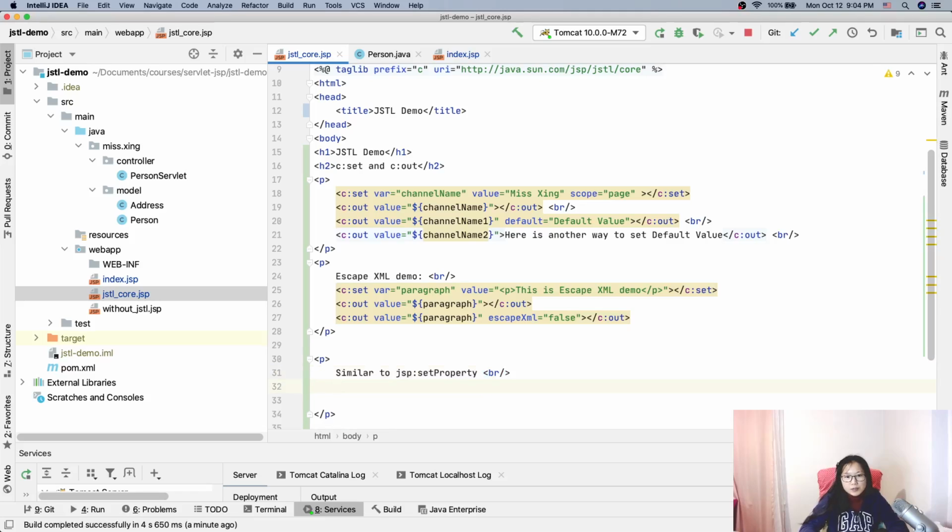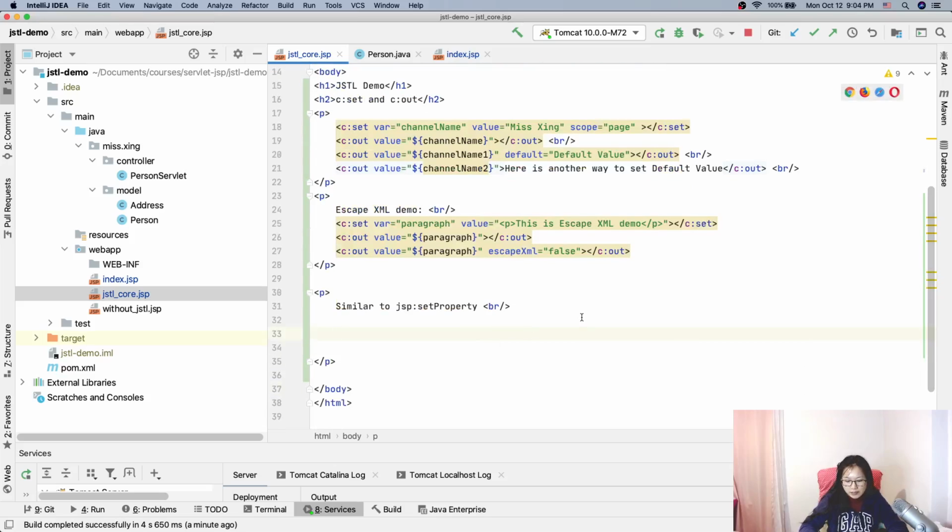Now let me show you. But for this demo, I have to have an object. So here I will use a scriptlet to create an object. Otherwise, I don't have other ways. So to create an object, what I'm going to do is